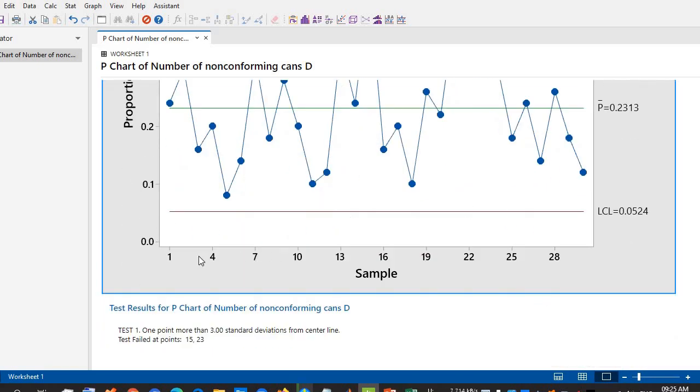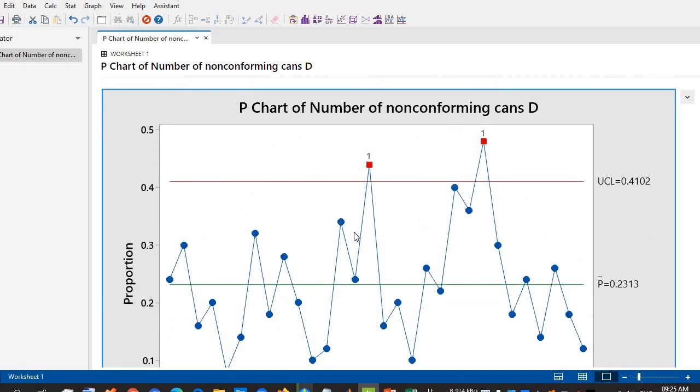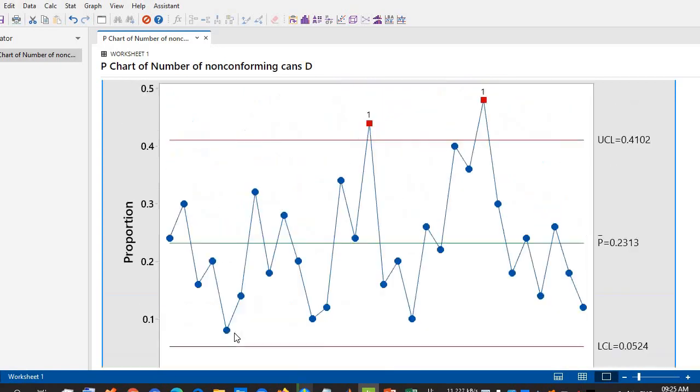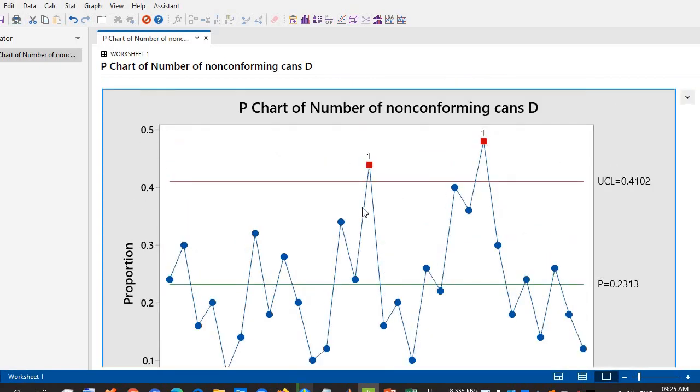On the x-axis you can see the total 30 samples, and you can also see that the 15th and 23rd samples are above the upper control limit, so the process is out of control.